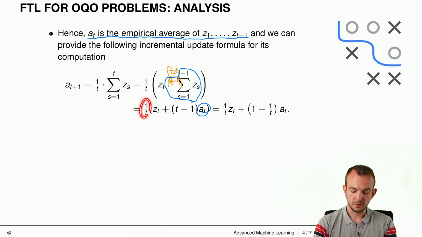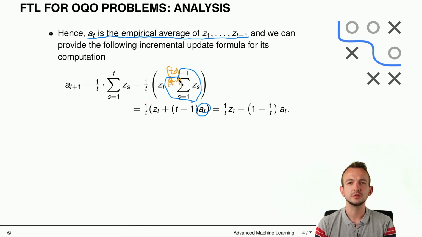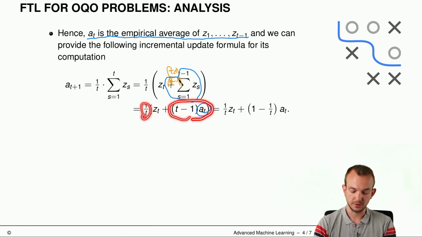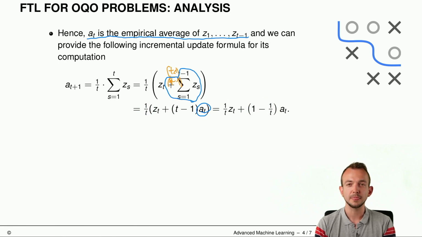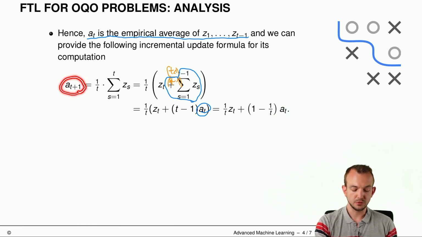Okay, then, law of distributivity, we can multiply this 1 over t with zt, get this one. We can multiply this one with this one, and this simplifies to 1 minus 1 over t, and the whole thing multiplied with AT. So what we see from here is a quite cheap update formula, because all we need to do to